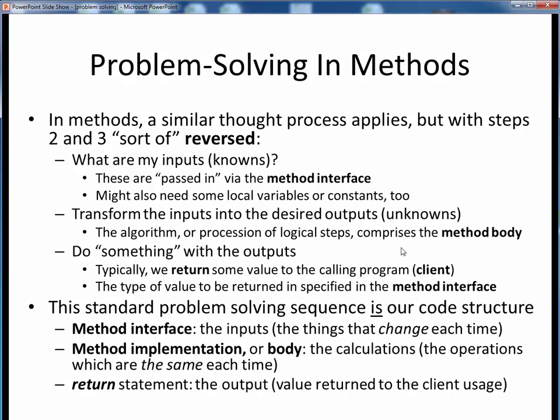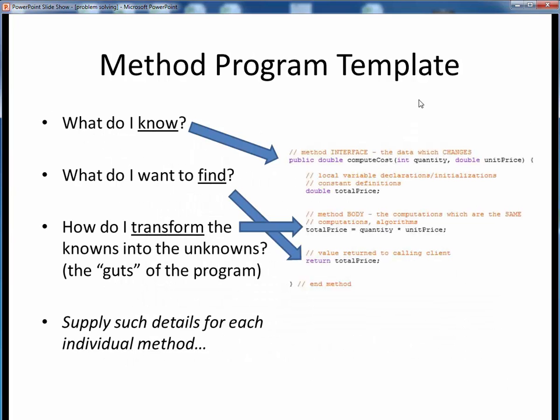If all this seems kind of abstract at this point, let's make it a bit more concrete by seeing what it looks like in code. Here's another visual mapping of the three-step general problem-solving process on the left, this time to the corresponding sections of a general method template on the right. This time, the "What do I know" step is represented by the method interface on the right. Inside these parentheses will be any method inputs, which consist of data type variable name pairs. These represent the input data which can change every time this method gets called. As noted in these first two pseudocode comments, we might also need to set up some local variables or constants in order to solve the problem.